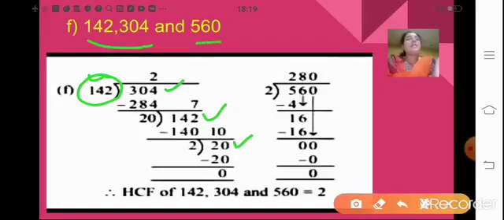Now let us take the third number, that is 560, and divide it by the number 2. So when I divide, 2 twos are 4, 1, 6 you bring it down, okay, and then 2 eights are 16, and then 0 you bring it down, it is not needed, so you can directly write the number 0. So this last number you can easily divide, no need to take any divisor, directly you can divide it. Now the last number by which you are dividing becomes your HCF, that is the number 2.